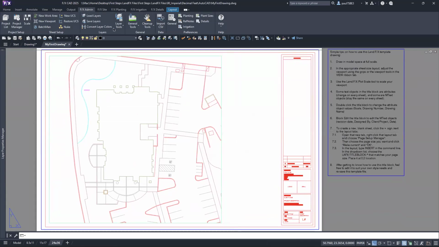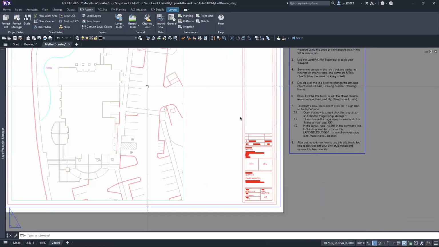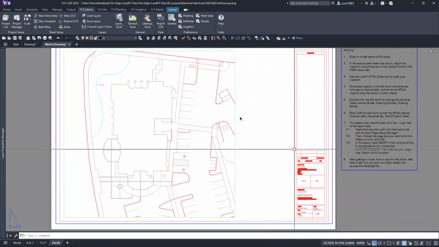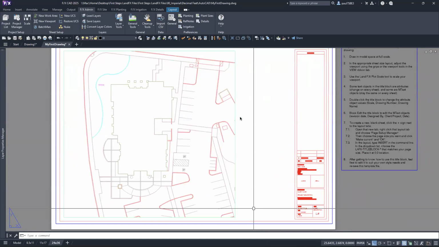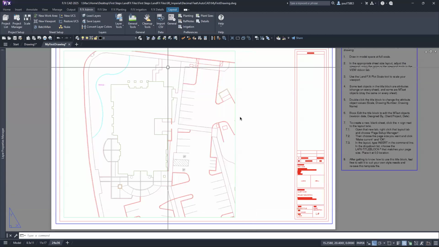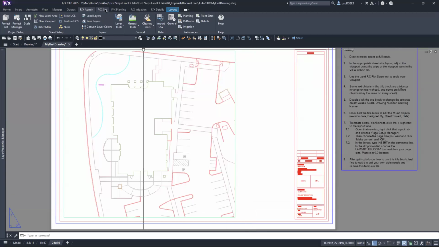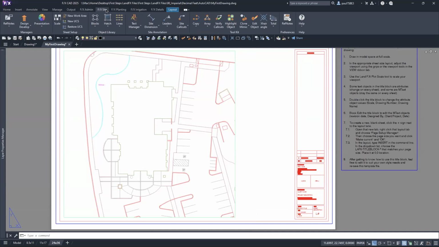All right. And in addition to this geometry in the title block, let's say we also want to place a scale bar and a north arrow, some common items you might throw on the sheet before printing it. So where you can find our default scale bars and north arrows is in the FX Site tab. Go to this blocks drop down here, drop that down, and go to Discipline Graphics,